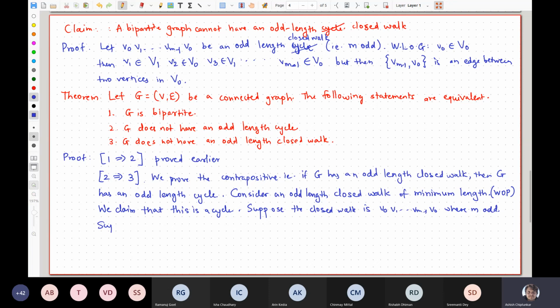Vi equal to Vj for some i less than j. Okay, so then what do you do? If j, okay, I don't need the absolute value, no. If j minus i is odd, then what? So then vi plus 1, ..., vj minus 1, vi, right? Vi is same as vj, is a shorter